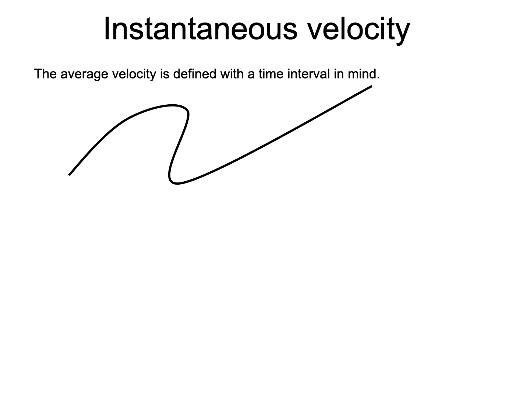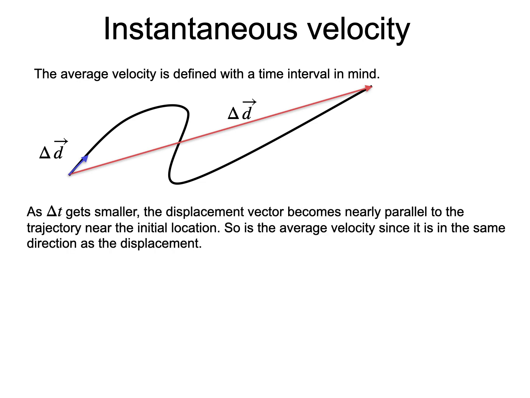To be able to evaluate an average velocity, you first have to choose a time interval, a Ti and a Tf. For this trajectory, the displacement for the whole trip is shown in red. If you keep the same initial time value but choose a much closer Tf to Ti, the displacement vector could look like this. The smaller the difference between Ti and Tf, the more parallel the displacement will be to the